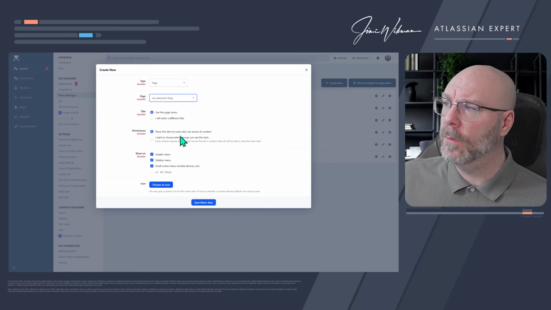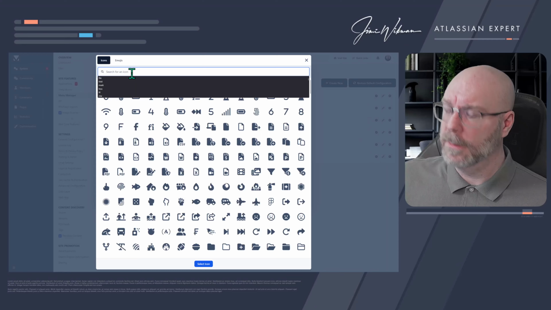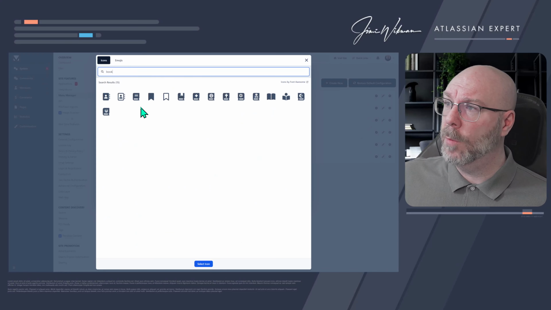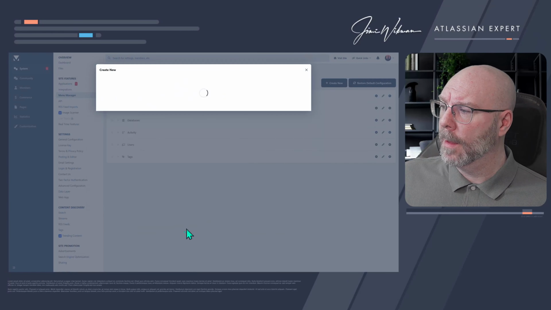And I want to show this to anyone who can access it. And I want to show this one on the header and sidebar and small screen and so on. And I can select an icon for it. I think this one is super slow. No, it's actually not. Where is it? Let's use a book icon for this one. This one looks good. And I can save this one,